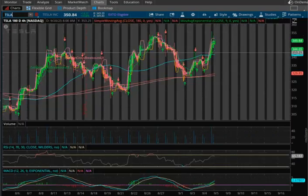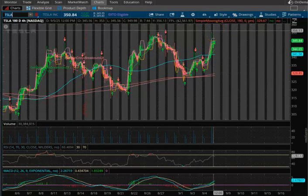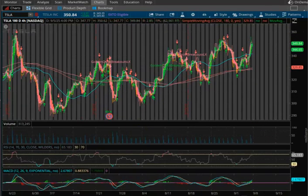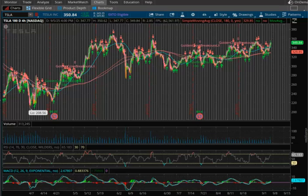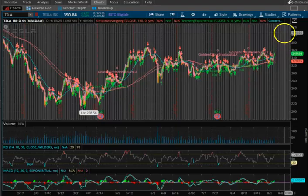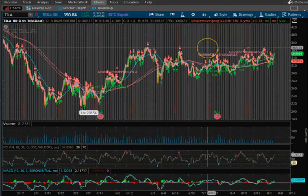And Tesla ended the day on Friday fairly decent here. We're trying to get back above that 356 level, and we continue to pop our head up and get rejected, pop our head up and get rejected. It's like a big long consolidation, and so we're just waiting to see if we're ever going to start making our way back up to 400. Once we get past, if we can get anywhere close to 400,